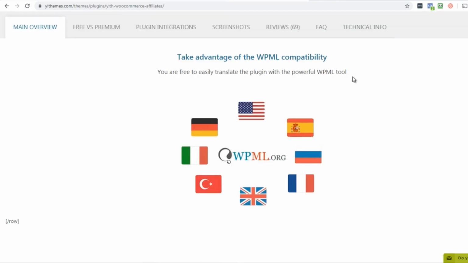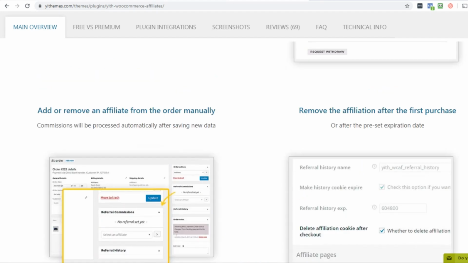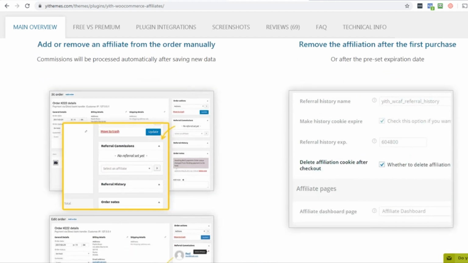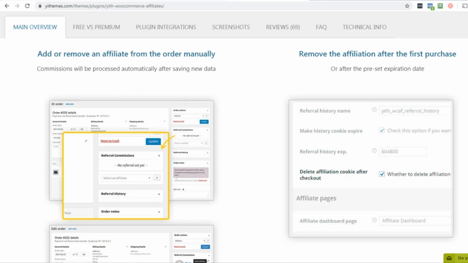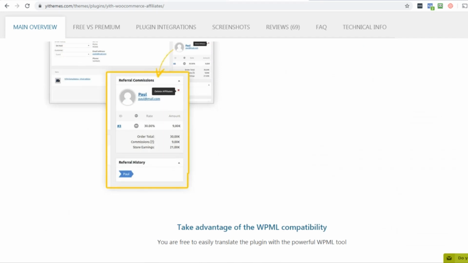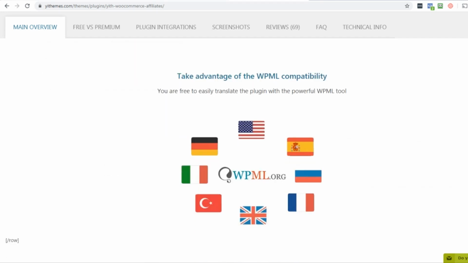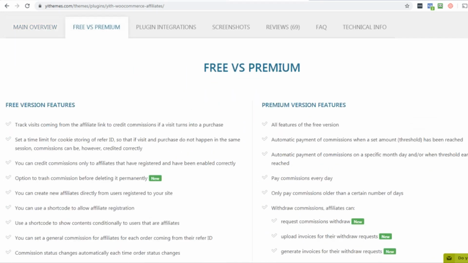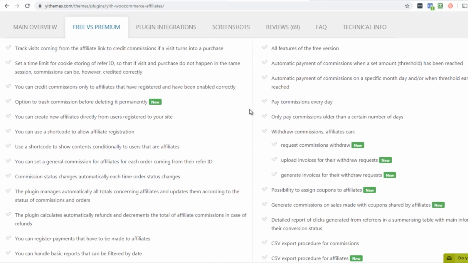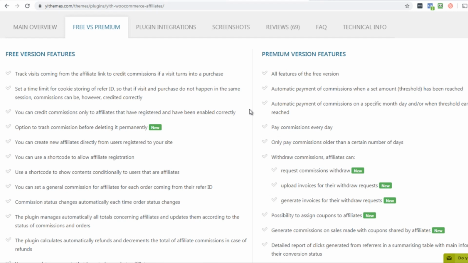Now, if you're using WooCommerce, on the other hand, then the YITH Themes affiliate plugin would be for you. We can scroll down where we left off earlier, and it says you can get translations, you can get an idea of the free versus premium. I recommend that you check this out if you're using WooCommerce and see for yourself: is the free version all you need,